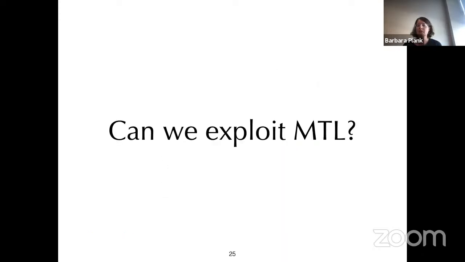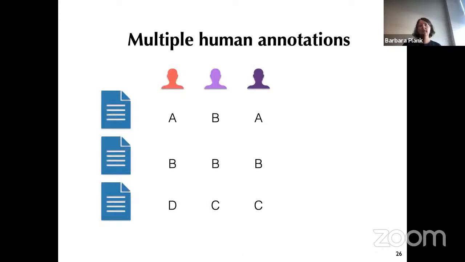But recently we also thought, okay, data sets where the raw labels are available are being increasingly released, luckily, and we're very happy to see this. But instead of learning from them directly, can we use multitask learning in order to exploit this disagreement information? This is a recent study where, instead of assuming we have a small sample of data, we assume that for our data set we have multiple human annotations. So we have access to the raw annotations.